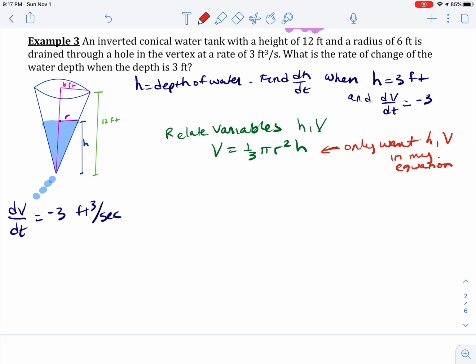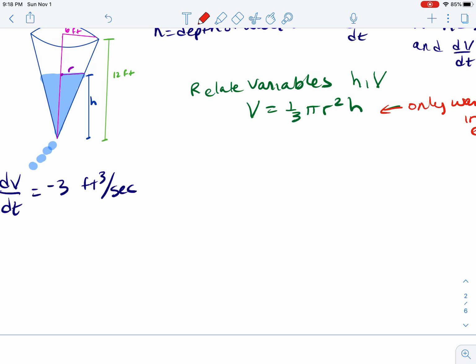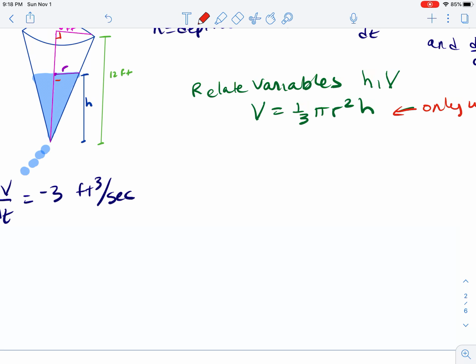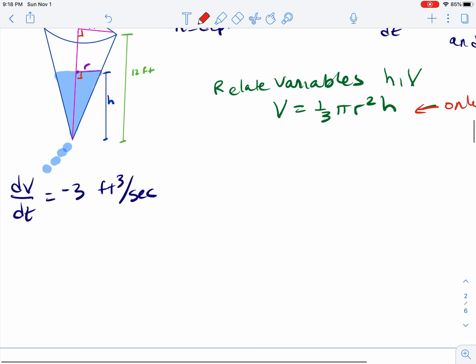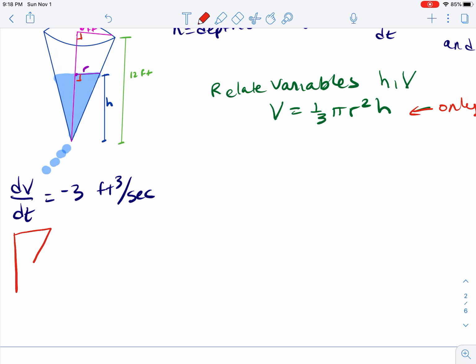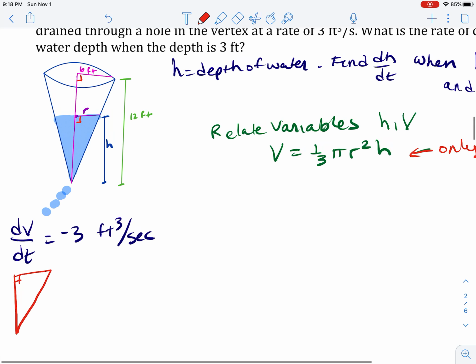If I were given the rate of change of r, I could keep the r in there, and then when I did implicit differentiation, I could do the product rule on that. So I definitely want to, before I go and relate my variables, get rid of that r. So how do I get rid of the r? Well, I notice again that I have some similar triangles going on, because I've got a right angle and a right angle here. And I can see that my bigger one on the outside, where I have 6 feet and I have the height of 12,